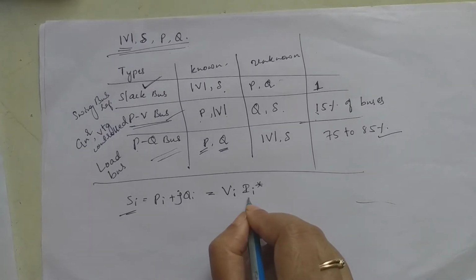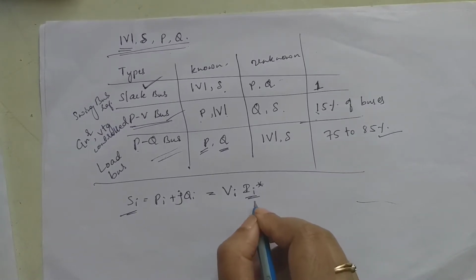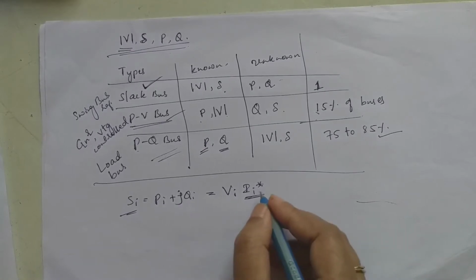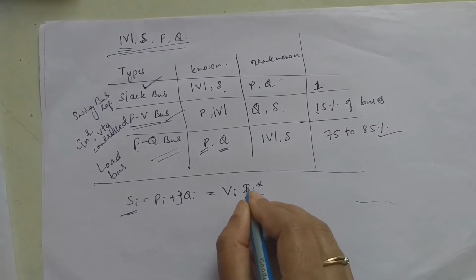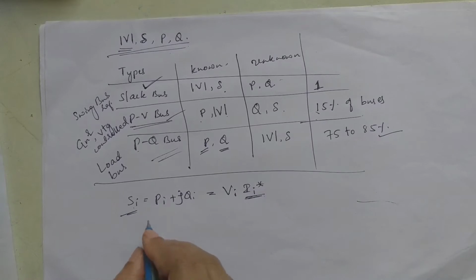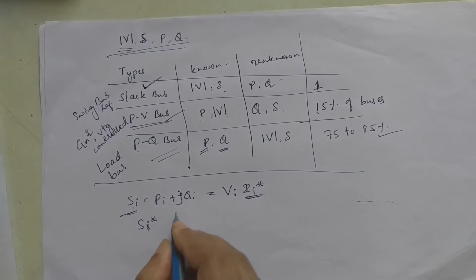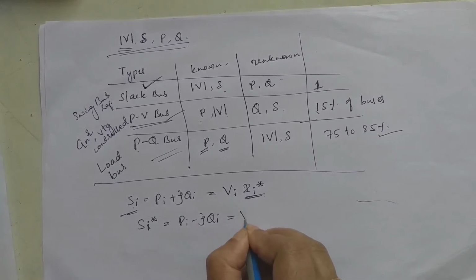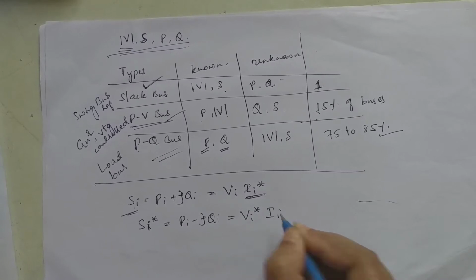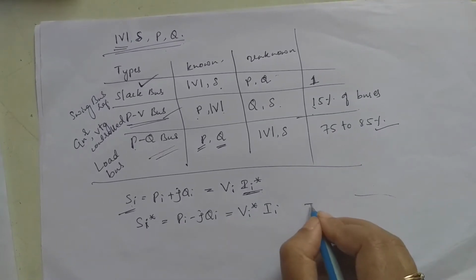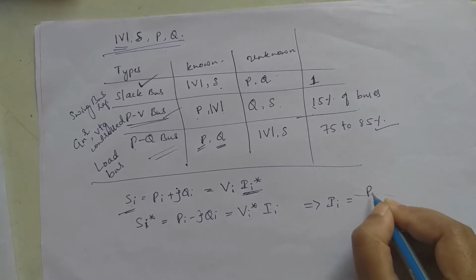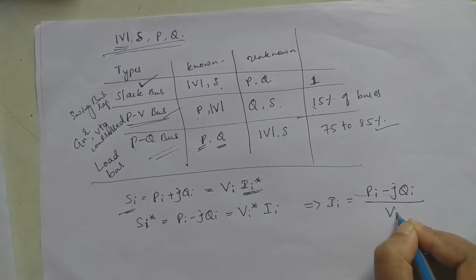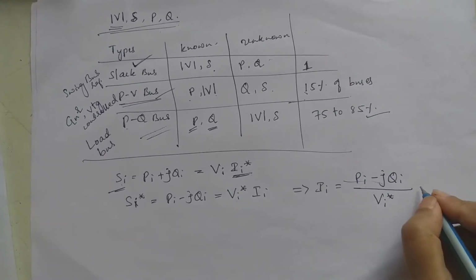But we are more comfortable with Ii than Ii conjugate while solving the equation, so we are considering Ii. If you need to consider Ii, then you have to take the conjugate. Conjugate of Si becomes Pi minus jQi is equal to Vi conjugate Ii. On rearranging, we get Ii is equal to (Pi minus jQi) divided by Vi conjugate, which is also equal to